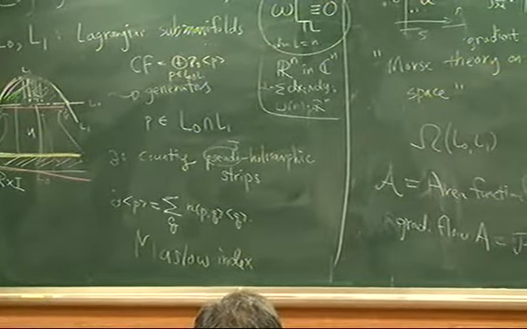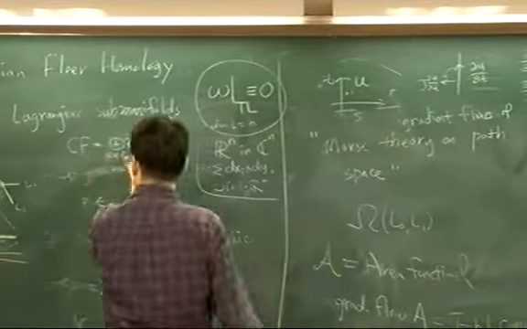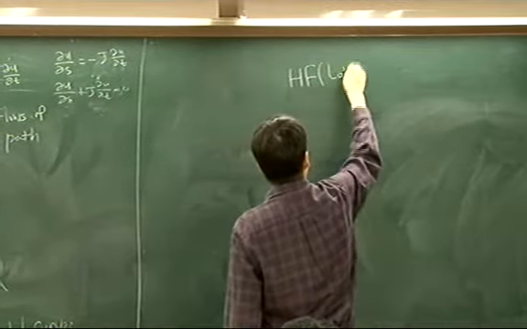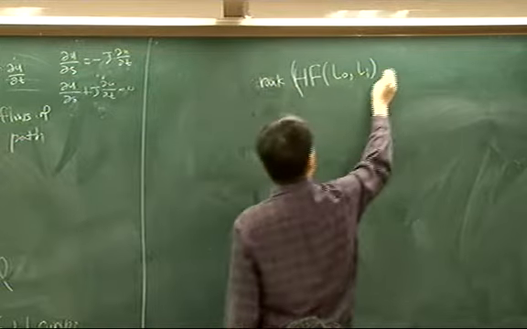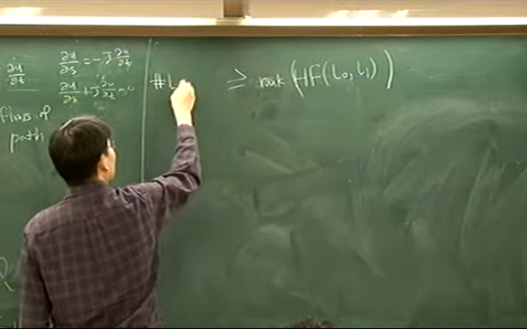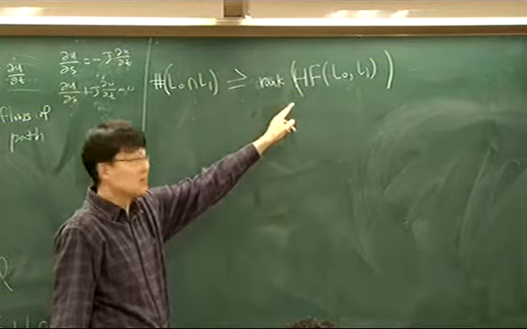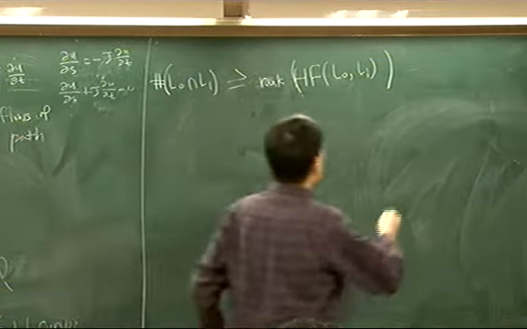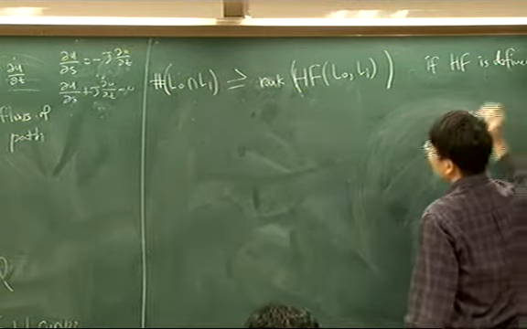And so at the end of the day, what's expected is that because its generators are given by the intersection points, if we have some certain non-trivial Floer homology, maybe the rank of this, then we know that the actual intersection number should be bigger than the rank of this Floer homology, because there should be as many generators. I mean, the generators are intersection points. So if Floer homology is defined, and